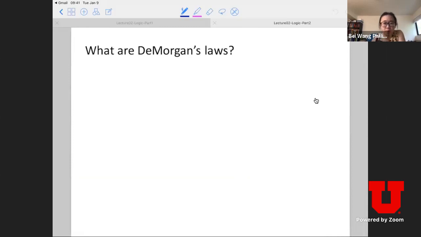So just to recall, what is De Morgan's law? Okay. De Morgan's law has 2 parts. The first part is that if I put a negation over an OR operation, let me use lowercase. And the other is a negation over AND operations. The important part for De Morgan's law is to flip the arrow's direction when you do the negation. So in this case,